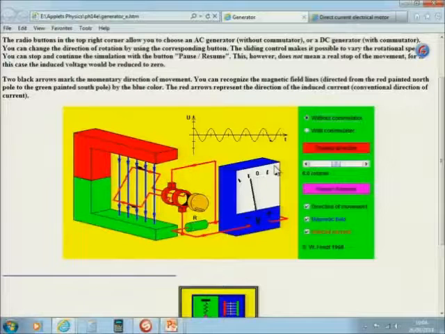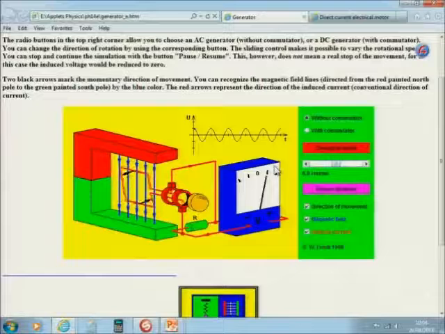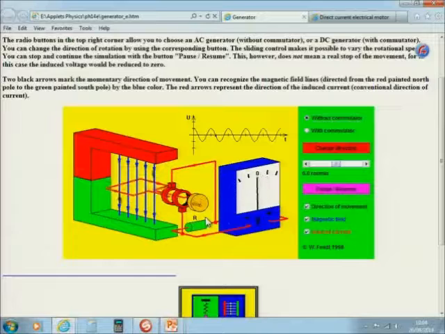All right, guys and girls, I hope that this helps you to understand all the things you need to know about generators and electrical motors. Now we are going to proceed and specifically look at this alternating current generator,